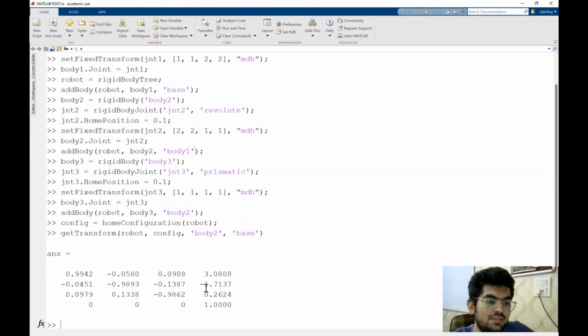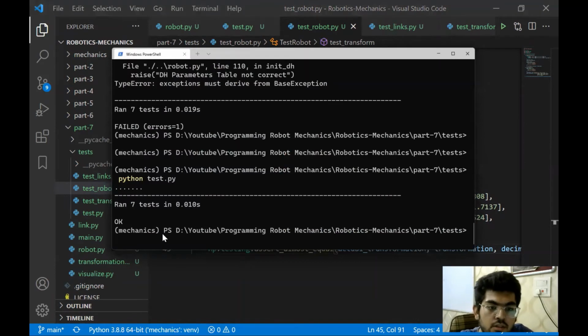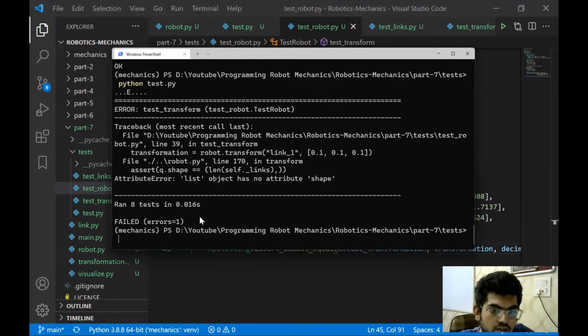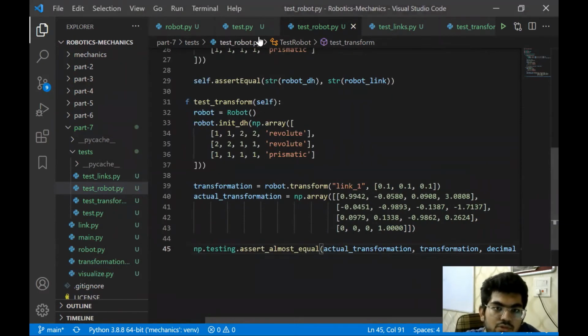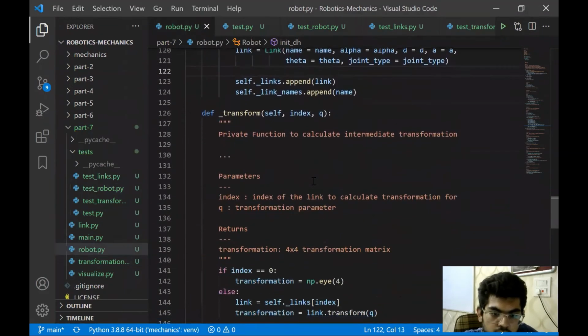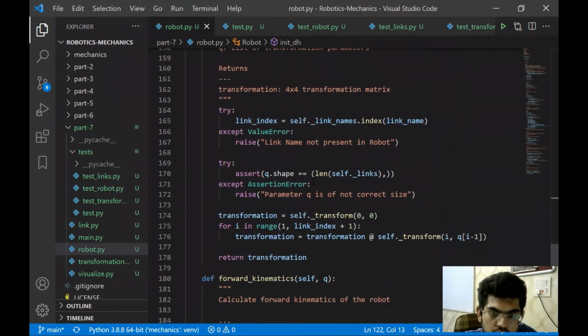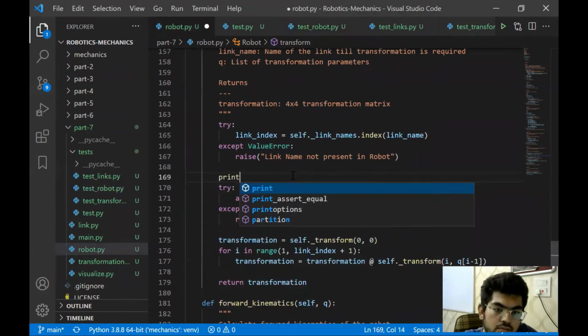So here's a transformation matrix. I'm going to copy it and then we're going to test it. So let's go. Okay, so let's test this now. Python test.py. Oh, so we have failed. Now there is some assertion error over here. Q.shape itself. Okay, let's see what the shape of Q should be instead. It's going to be over here. All right, let's see what it is in fact.